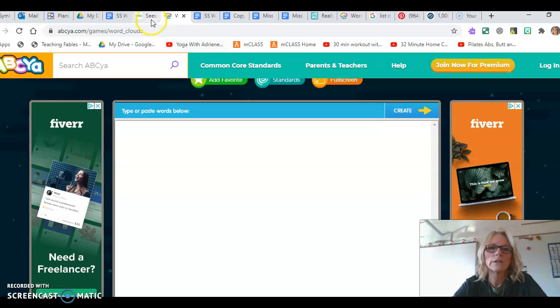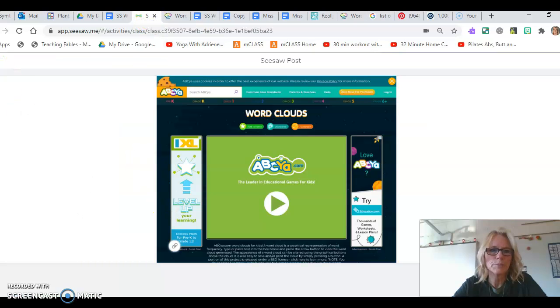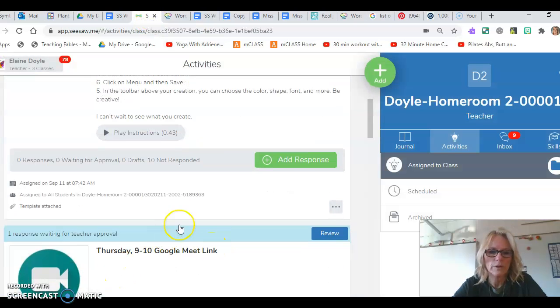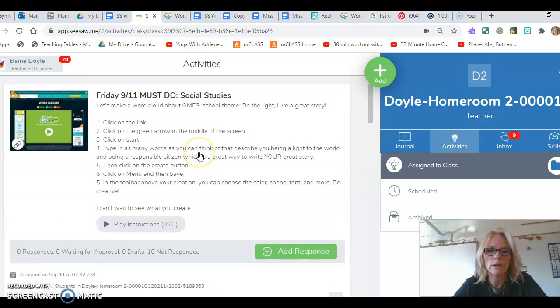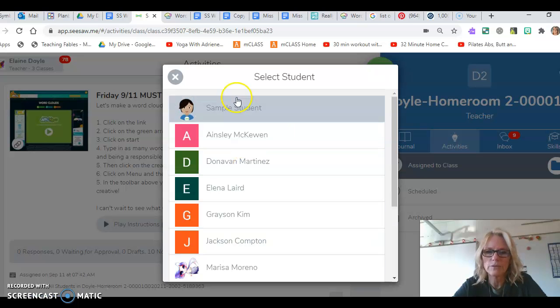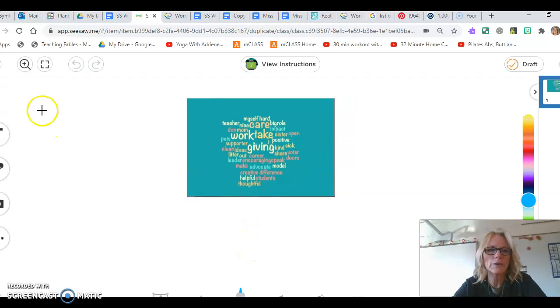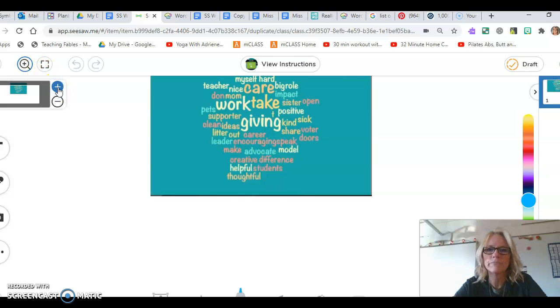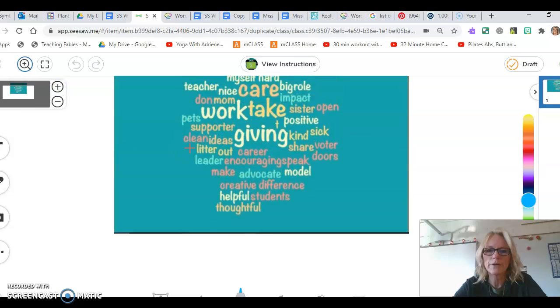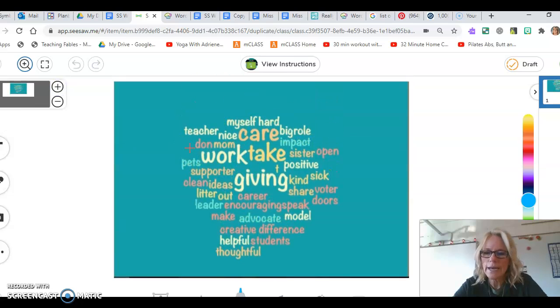And let me go back. I want to show you the finished product of what we're looking for. I'm going to add a response so I can see the example. I made a word cloud, and remember, boys and girls, that's small to me. I want it bigger, so I click on the magnifying glass and the plus symbol, and I can make it bigger, and then I slide it down. So I typed in words, and I'll show you how to do it, that describe me as being a good